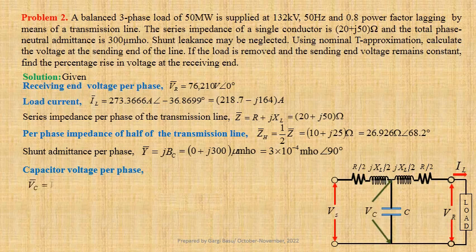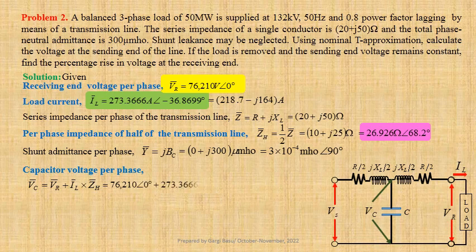Vc equals VR plus IL into ZH. Using values we get 76,210 at an angle 0 degree plus 273.3666 at an angle minus 36.8699 degree into 26.926 at an angle 68.2 degree. That gives us